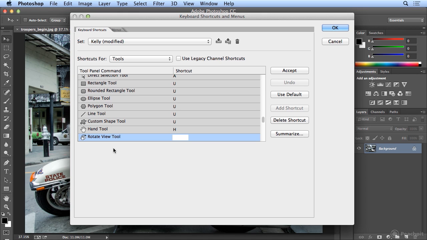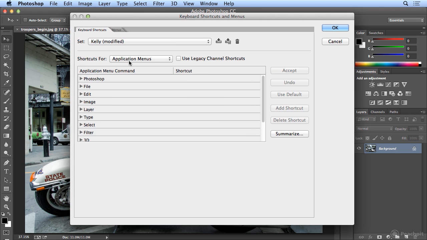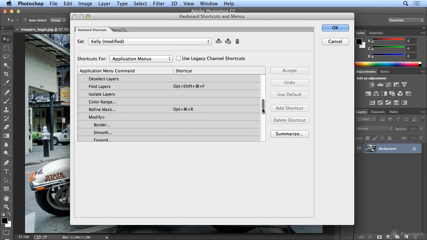You can do many other things. I often use select, modify, expand. So if I go to application menus, I can expand, not to be redundant, but I can expand the select menu, scroll down, locate, modify, and expand. And it doesn't have a shortcut, and you can use your function keys at this point. On the Mac, F1 is undo, F2 is cut, F3 is copy, F4 is paste. I already have shortcuts for those. On Windows, F1 is reserved for help, so I'm going to make expand